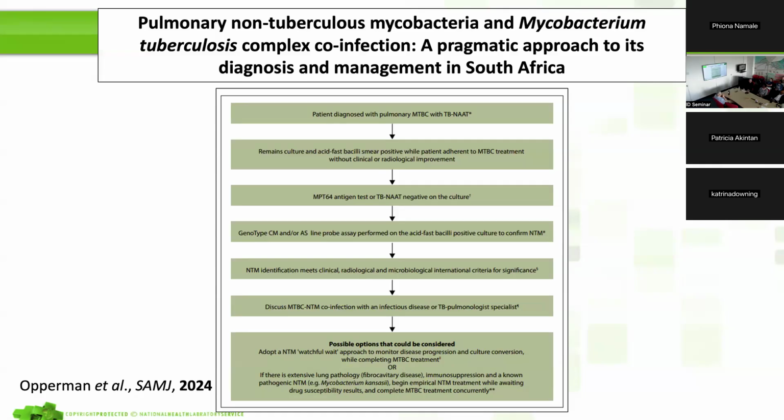But in certain cases, anecdotally speaking and on a case-by-case basis, if there is severe immunosuppression or severe lung cavity destruction, or you have a more pathogenic organism like the kansasii or the abscessus, you can maybe target both of them. You add your cornerstone drug like a macrolide if you get through to the MAC organisms as well.